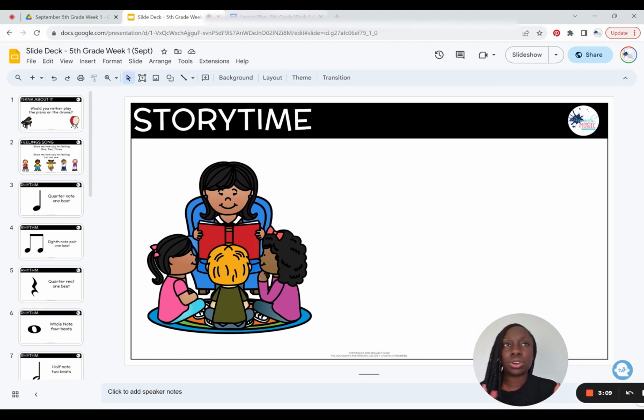For second and third grade, maybe 8 or 9. And for fourth and fifth grade, about five to seven activities, depending on their length. But like I said, feel free to add, feel free to take away. This is hopefully to give you a good foundation of how to begin your classes this week.